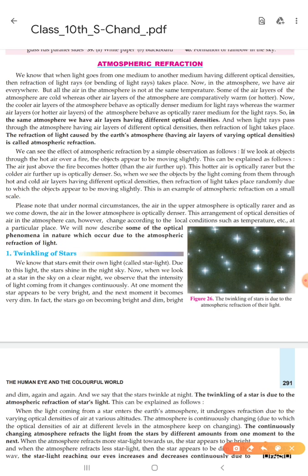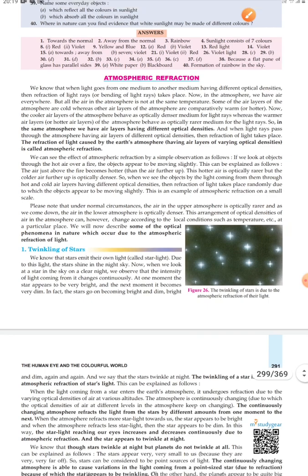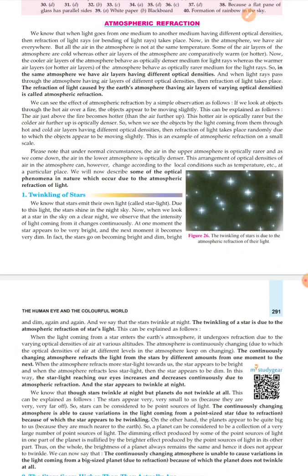So that's why the light comes to our eye in different ways. That's why it looks like the twinkling of stars. But we know there is no such thing. Because the star has its own light, but due to the change in atmosphere every time, there is atmospheric refraction. Optical density is regularly changing, so the light which comes to our eyes changes its path every time. That's why it looks like stars are twinkling.